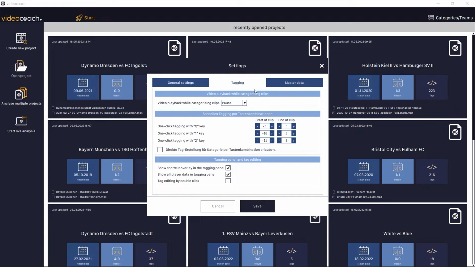In the Tagging tab, you can change all settings that directly affect the tagging of match sequences. You can define, for example, how the video playback should behave when a tag is created. The video can either be continued or paused, or the currently selected tag can be repeated endlessly between its time